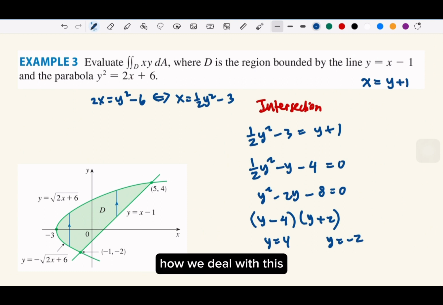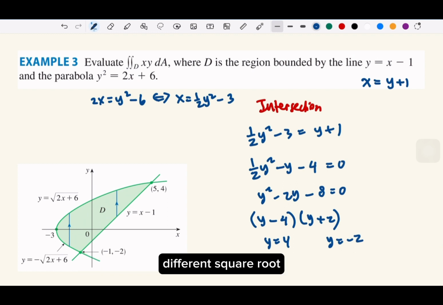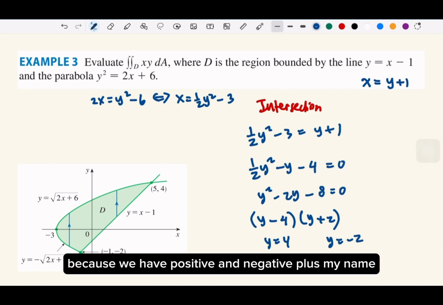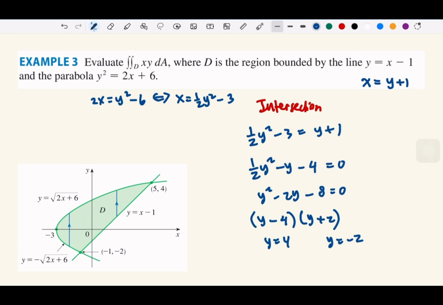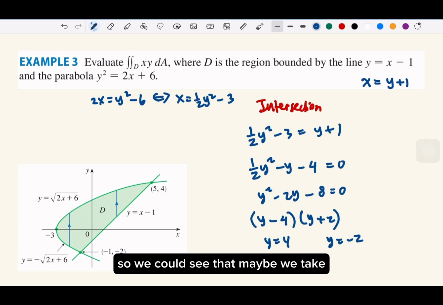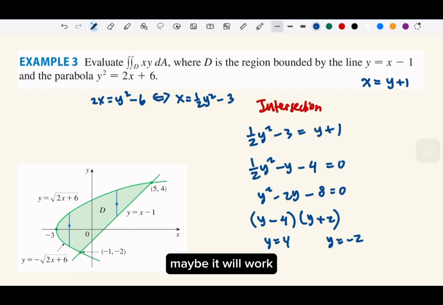How do we deal with this? So one example, if we are trying to take the square root, then we are going to take the y squared into 2 different square roots, because we have positive and negative, right? Plus minus, if we take the square root. So this one is the positive one, and this is the negative one. So we could see that maybe if we take both of these and then try to make it into our equation, maybe it will work. And it works, but you will see that the method will give you